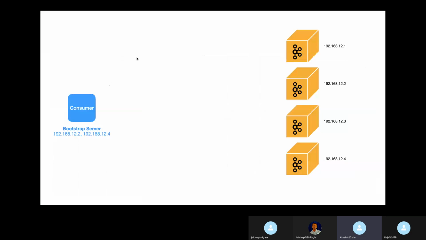Okay, so we have a Kafka consumer here, and we've configured that Kafka consumer with a Bootstrap server with IP ending in 2 and 4. So it is going to start with 2. Let's see.